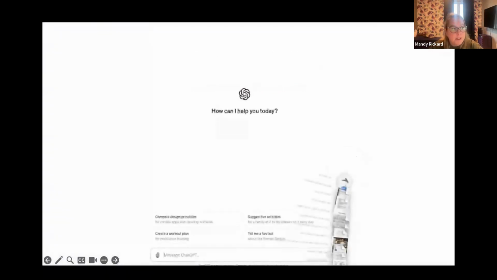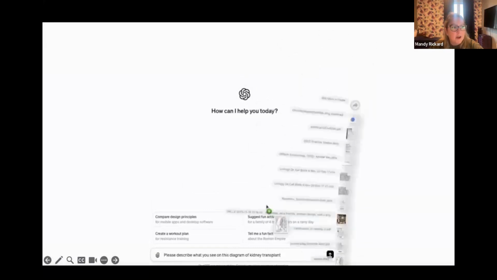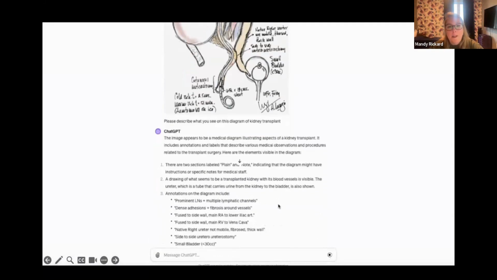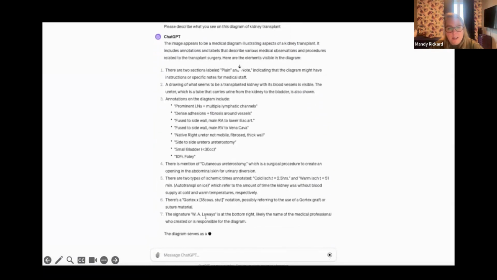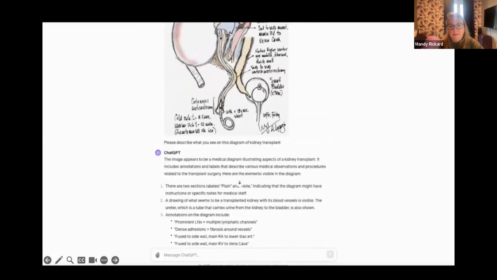The new form of ChatGPT, though, is a paid subscription with even more capacity and even more capabilities in terms of not just ability to interpret text, but also images. And so here we demonstrated the capability of recognizing imaging, specifically an operative note of a transplant, where it can accurately describe the procedure, including the fact that this was signed by likely the person who drew this picture. But you can see that in seconds, this can interpret a very complex operative note very effectively, and in essence, explain the steps of a surgery to anybody who would be interested in reading about that.